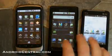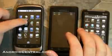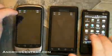Hey everybody, Phil here for AndroidCentral.com, and I know everybody wanted to see a multi-touch test with the HTC Aria, so let's do it here. We've got the Nexus 1 on the left, the Motorola Droid in the middle, and